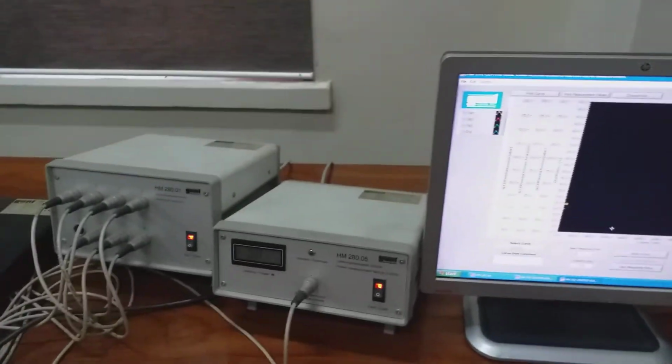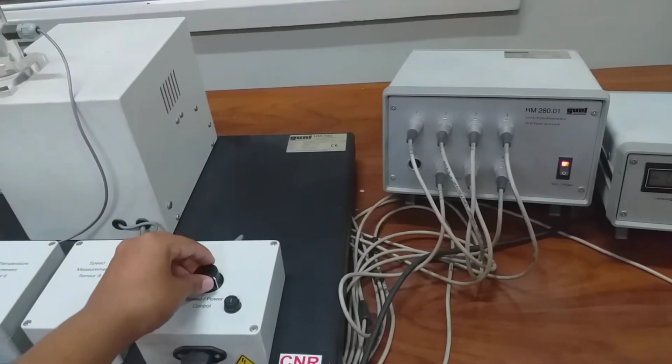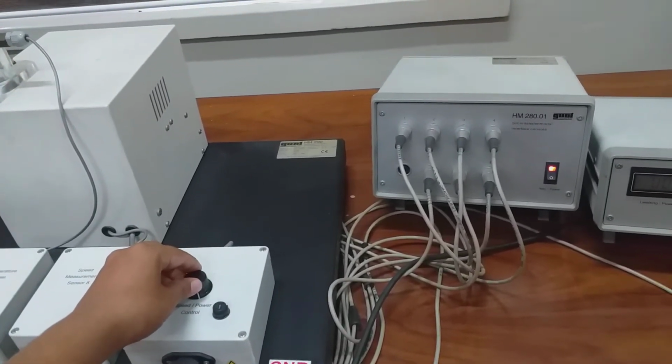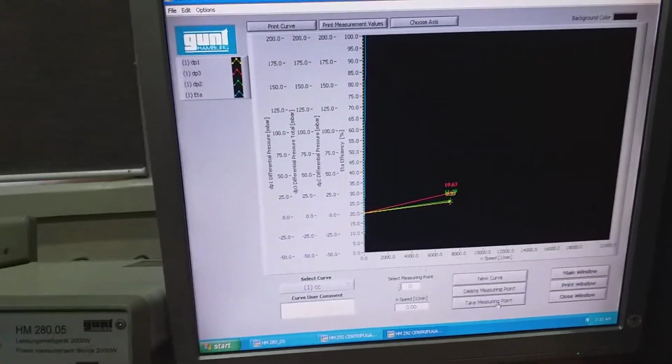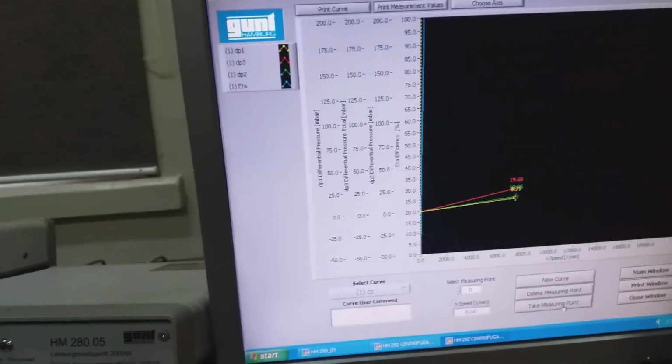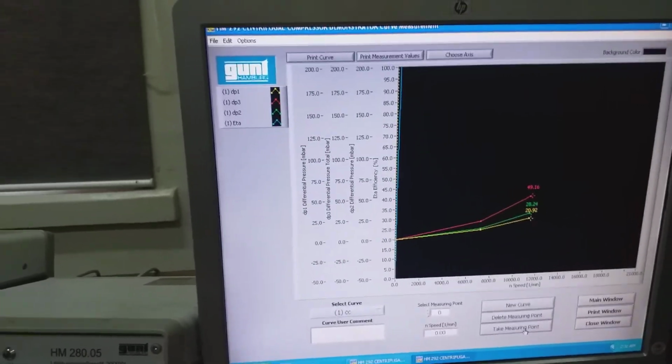For this purpose, you have to increase the speed by selecting the engine speed. Now you increase the speed, then take measurement point and repeat this procedure on different values.